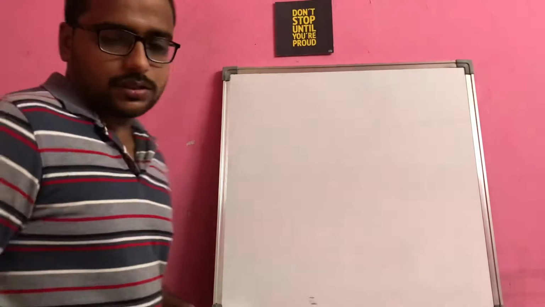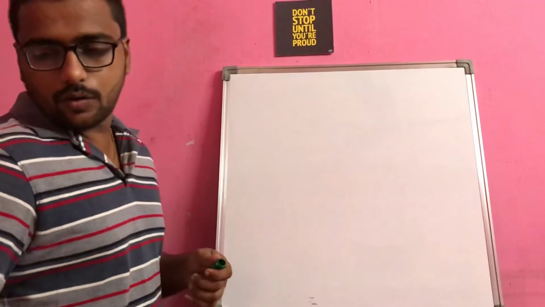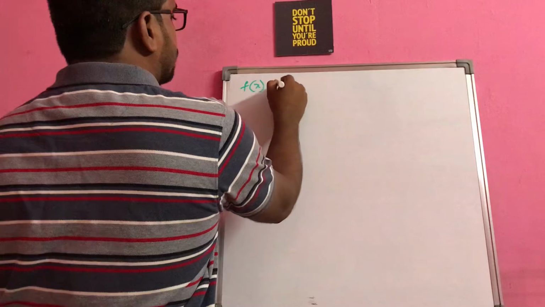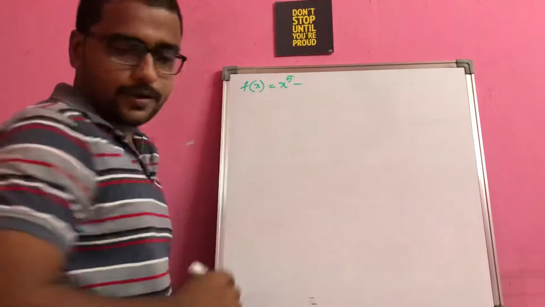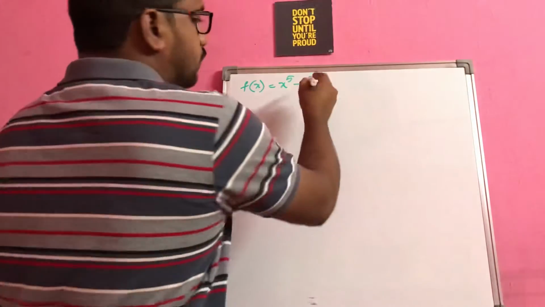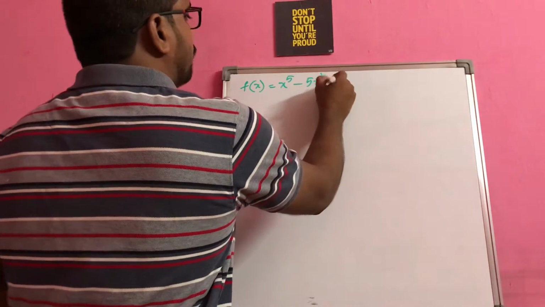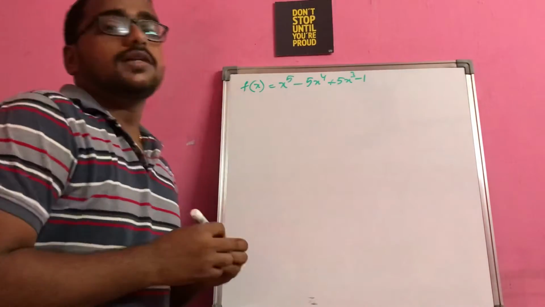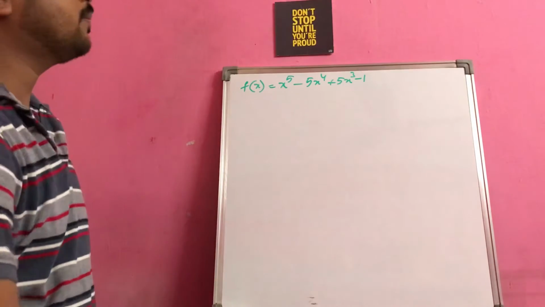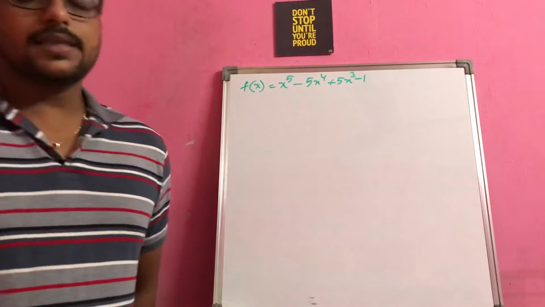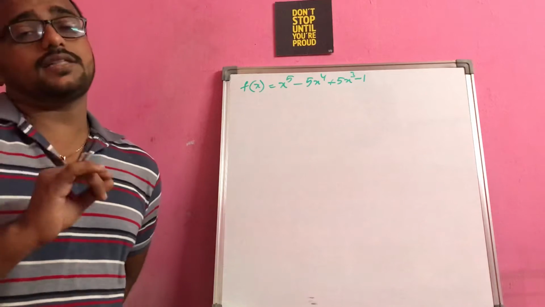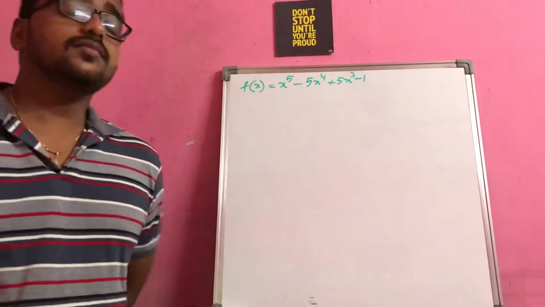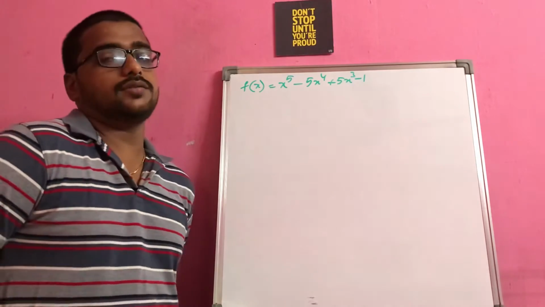Right. Now see this question. Find the points of local maximum and minima for the function f of x equals x power 5 minus 5x power 4 plus 5x cube minus 1. Right? So see what they are asking: find the points of local maximum, minima and the point of inflection for the function. Also find the corresponding local maximum and local minimum values, right?